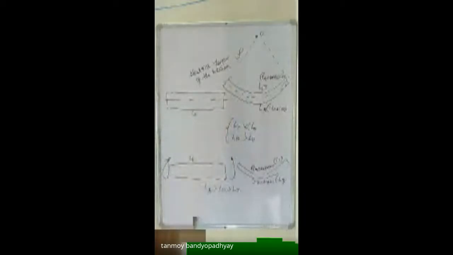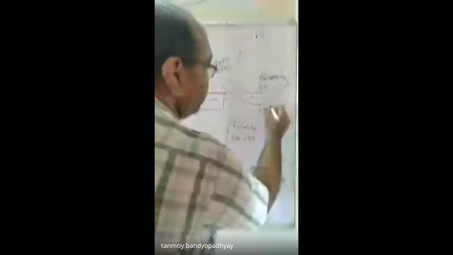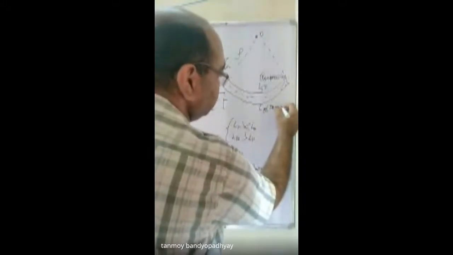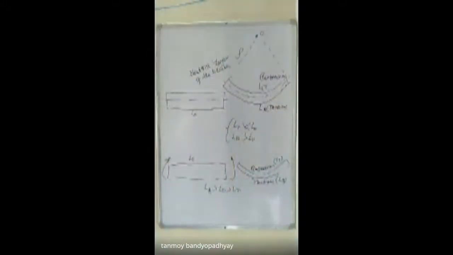Let me first explain these things very simply. It's written in very vast detail in B.R. Johnston. You read it in your book after the class. But I'm trying to put it in a very short way so that you can understand the concepts, and then you can go on reading the books.